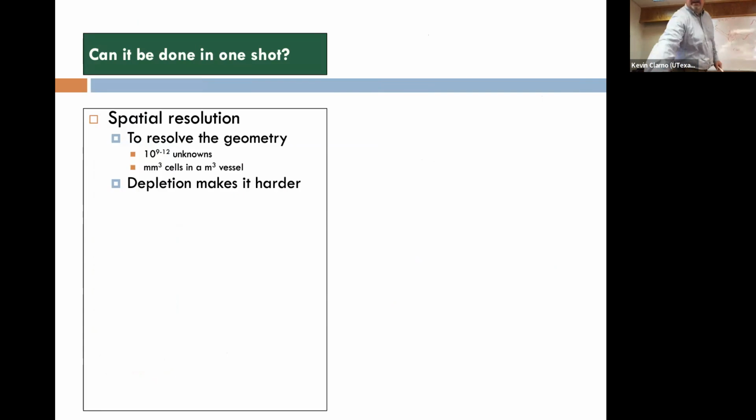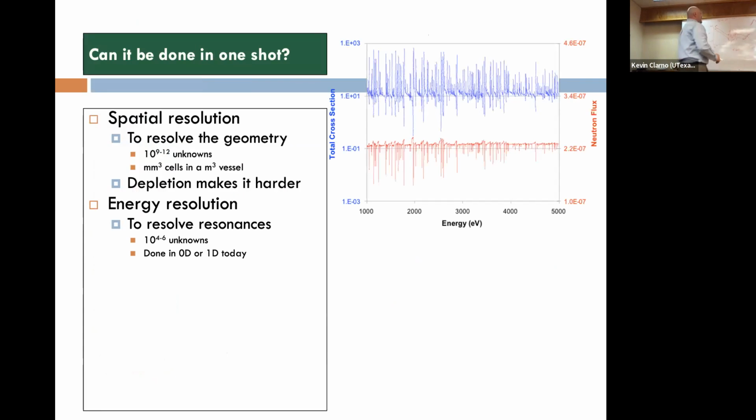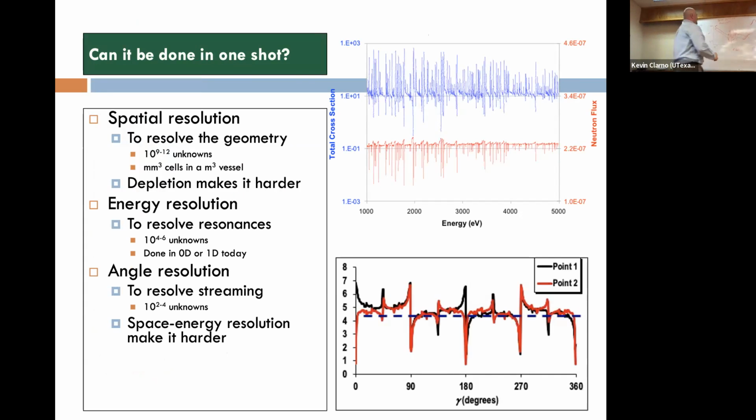The directions that we have to consider in order to not make any approximations in energy, we're going to need on the range of 10 to the 4th to 10 to the 6th groups in energy. The number of directions that we consider, we're going to need in the range of 100 to 10,000, 10 to the 2 to 10 to the 4th. And so in total,